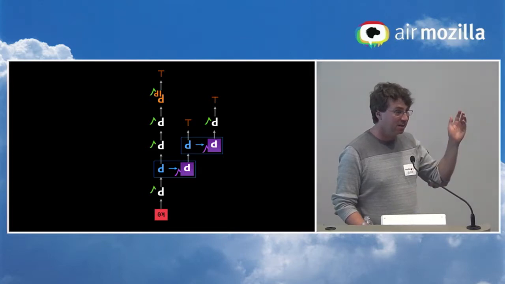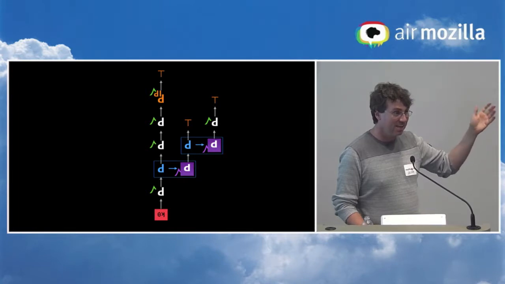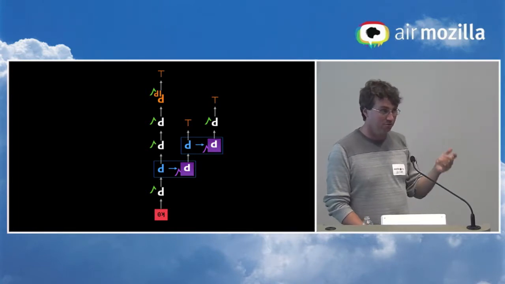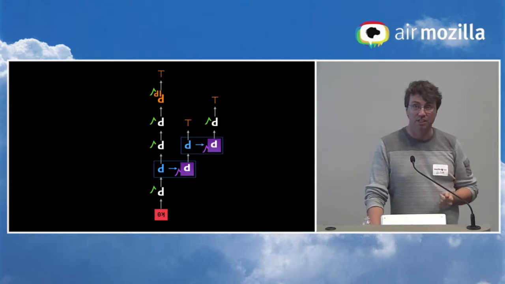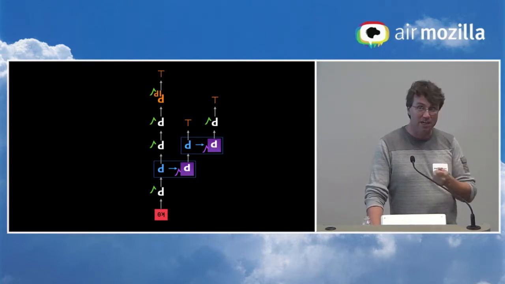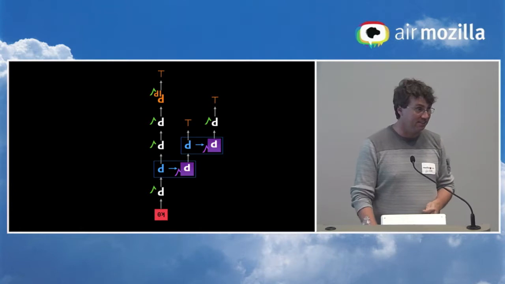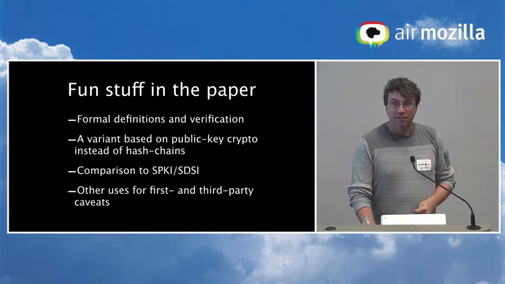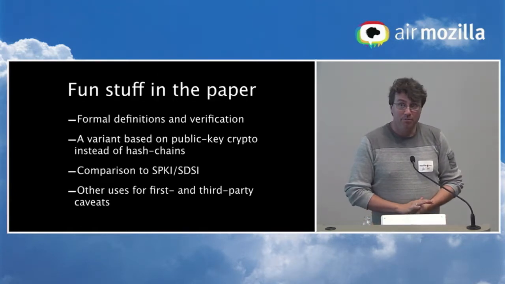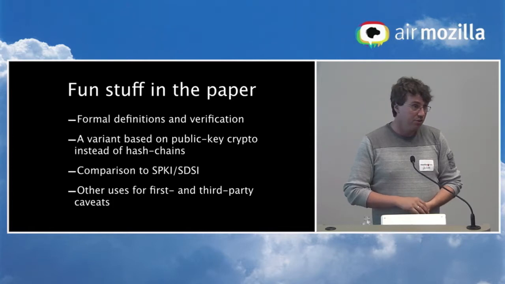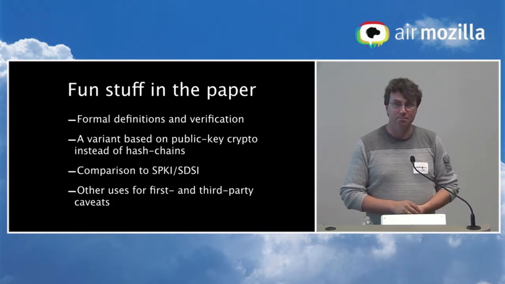And basically, all you are doing here is modus ponens: you have A, and A implies B. From that, I can infer B if I have those two things. And that's enough to do all of the statements we'd actually be concerned about that need to hold true before the service should grant access. So there's some more fun stuff in the paper. There's some formal verification and definition stuff.